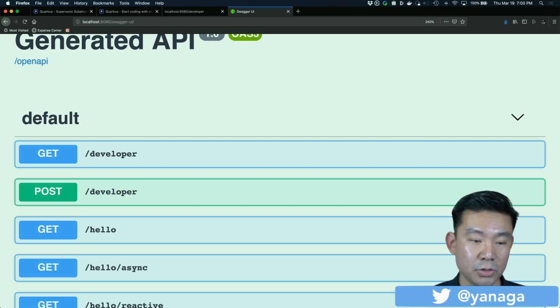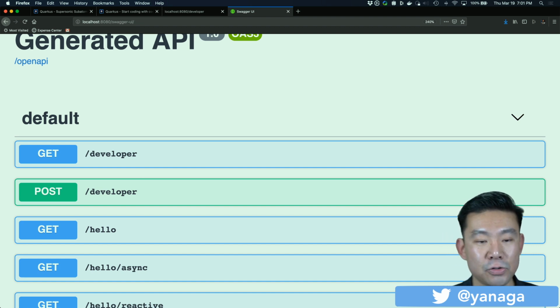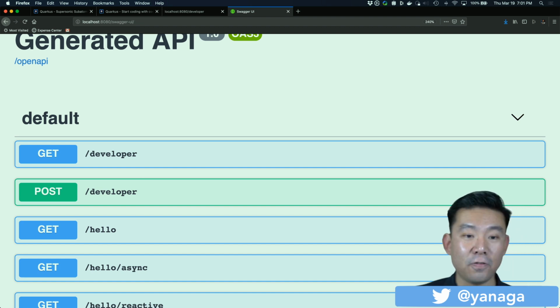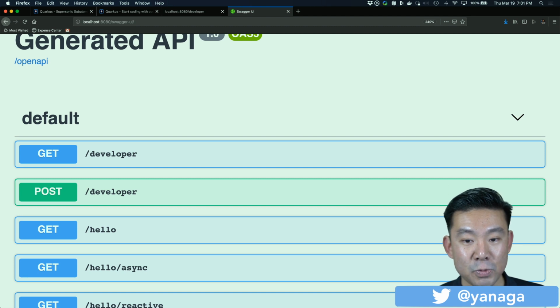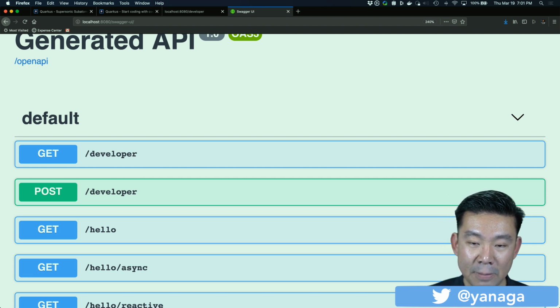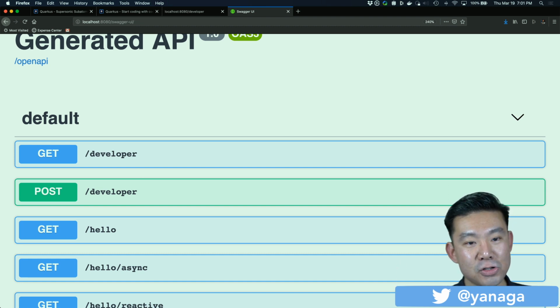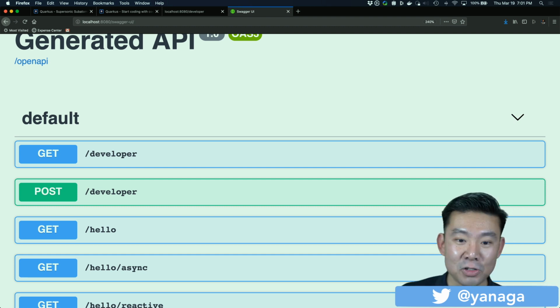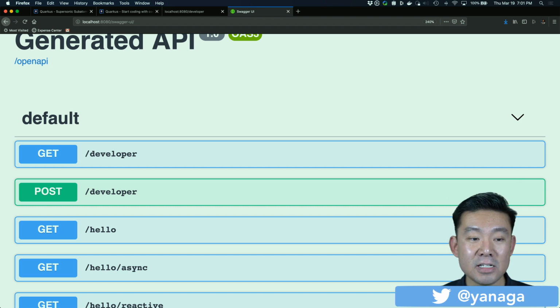So you can go to the source code, you can check it out, you can change it, you can modify, you can submit your pull request, which we'll be very glad to accept. So if you want to learn more about Quarkus, all you have to do is go to the quarkus.io website. If you want to learn how Quarkus is built, you just go to the GitHub repo and you learn how the magic happens behind Quarkus. So yes, Quarkus is 100% open source and is a project that was started by Red Hat.